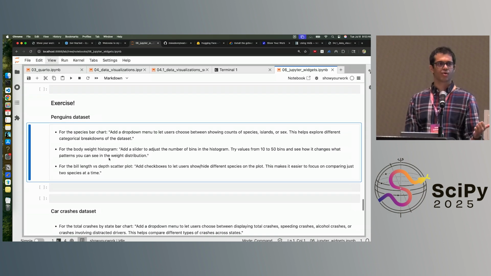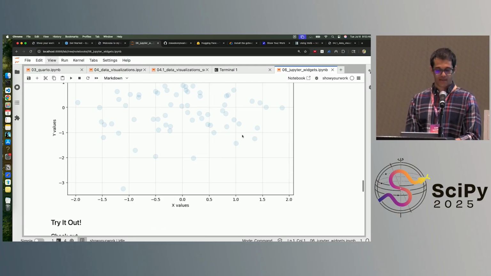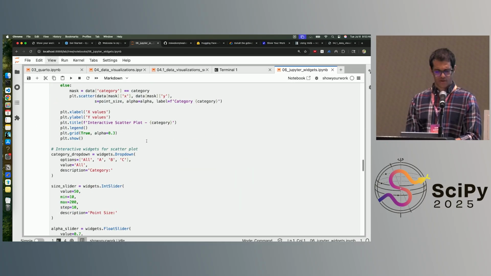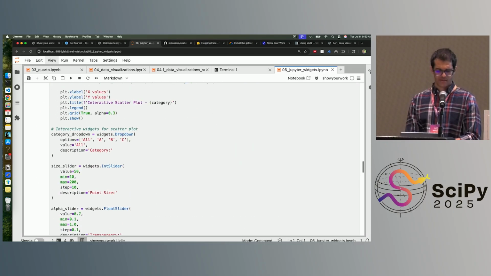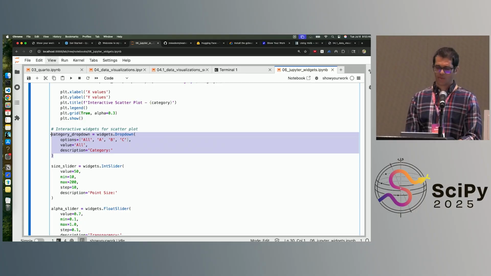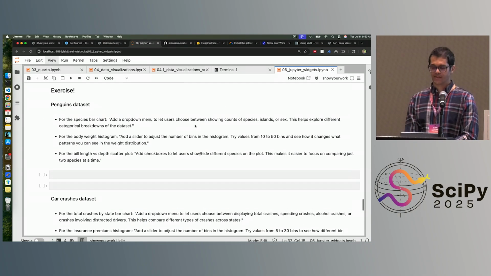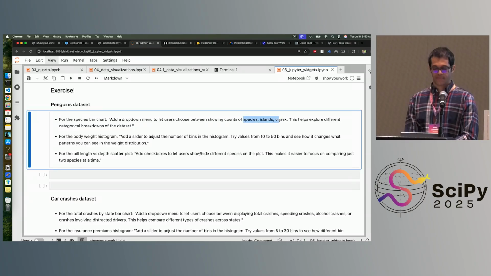But let's try to go through this. Let's add a drop-down menu so that users can choose between a few of these different categories, column names. So we have the species, islands, and the sex column in the penguins data set. So we just try adding a drop-down that looks like, we had the categorical drop-down somewhere, didn't we? That looks like this, which has three options right now, which is the choice between these three columns, and